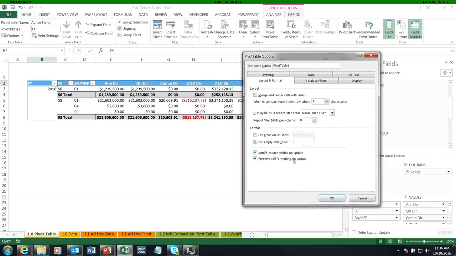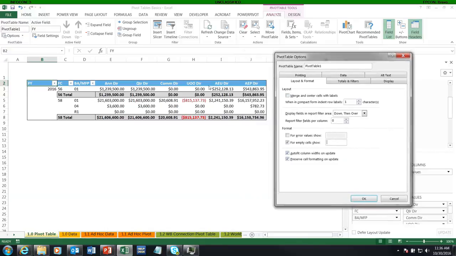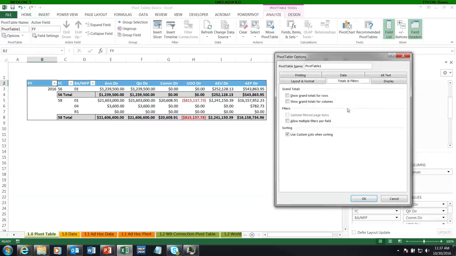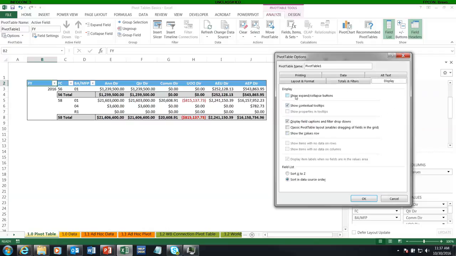Preserving cell formatting on update. So if I do all this cool formatting and lines and borders and everything else, and I were to unselect that, it's going to take all my formatting away on the next update. Maybe you want that to happen, just so you have a clean slate, but that's what that'll do. Totals and filters, again, you can tell it to do that. Right here, display, show, expand, collapse,